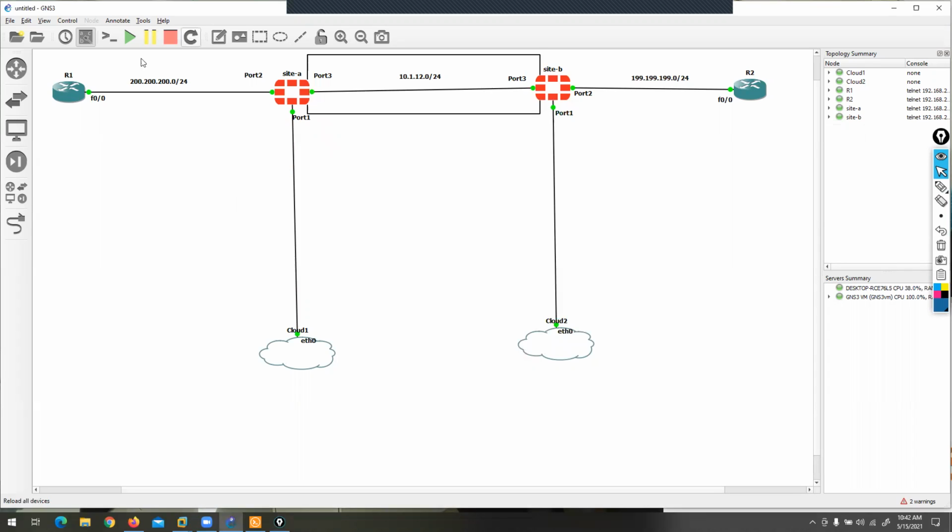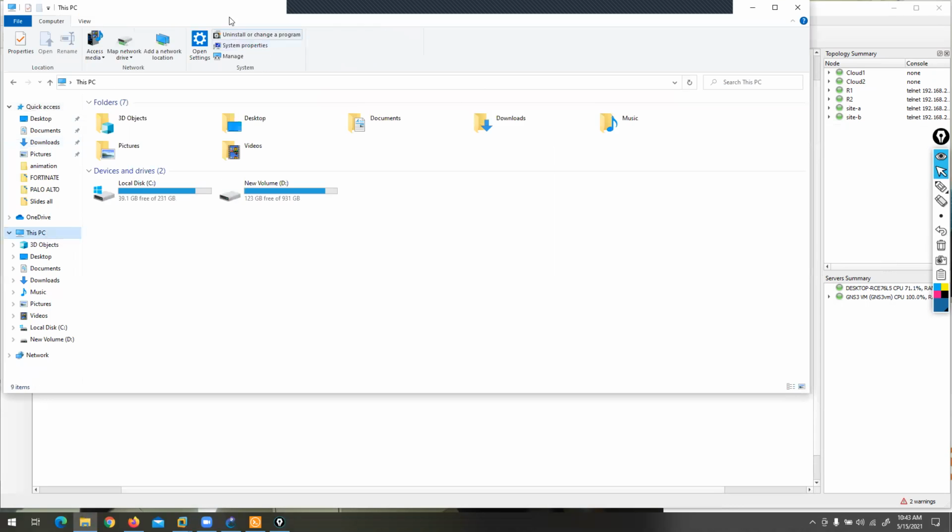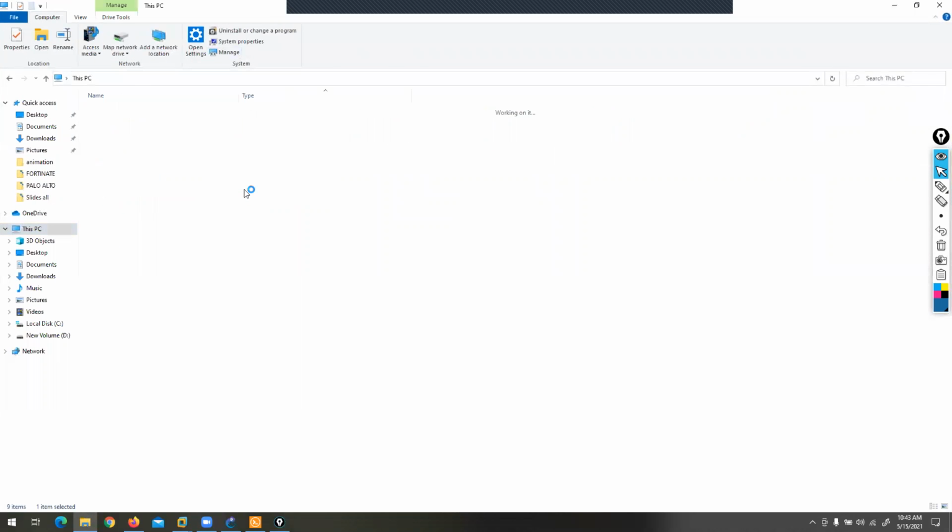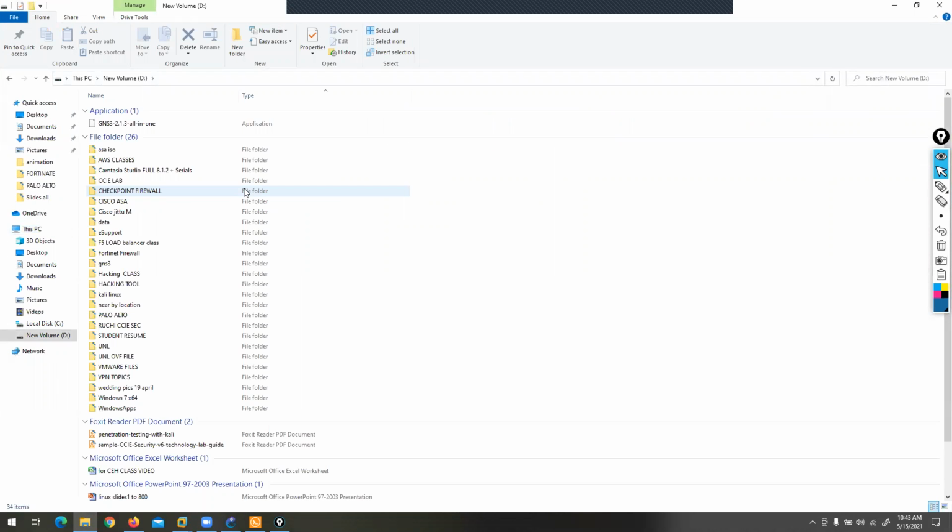Now we completed our basic stuff: IP address configuration and default routes towards your firewall for the gateway. This is your LAN 2 portion. Now let's start our VPN configuration. But before VPN implementation, I told you in FortiGate firewall, we have three types of site-to-site VPN implementation in IPsec.